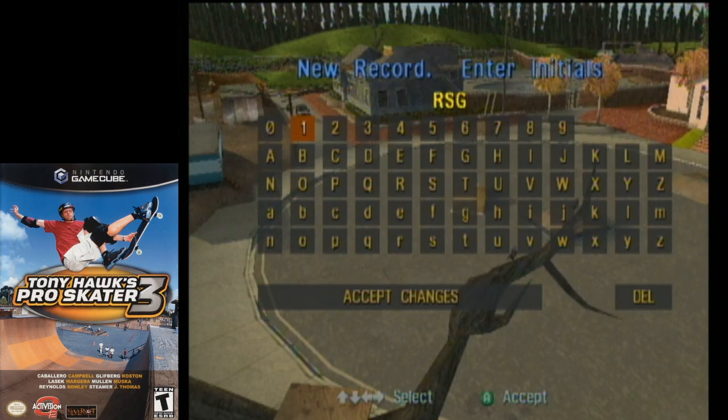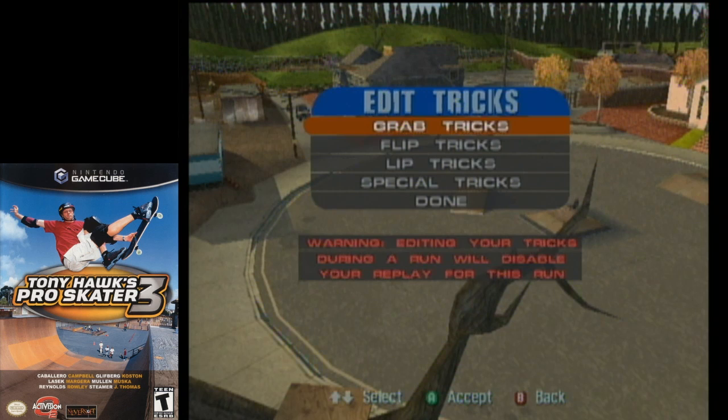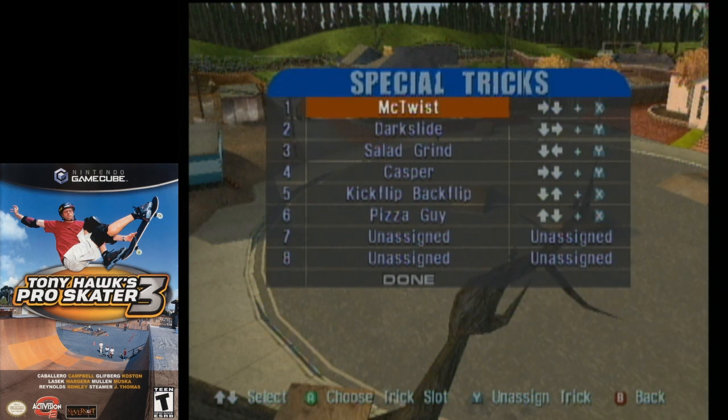I do get 2 more grinds, though, for a couple more of my special tricks, because I forgot at the end of the airport to get my tricks. So I pick a couple of up-down Ys. The first one I assign is,